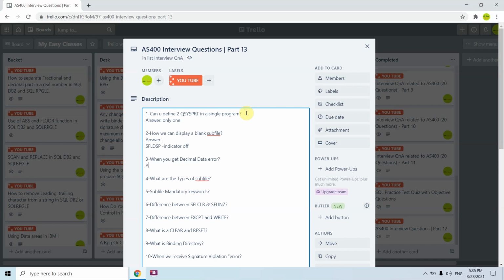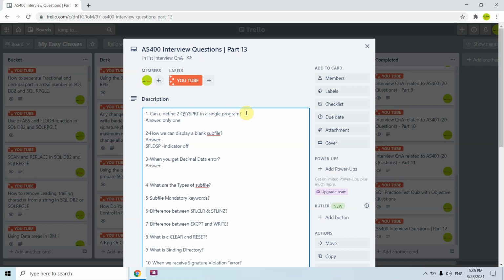When you get the data decimal error, that is basically bad data. For example, in a numeric field you are getting character data, which is bad data. Other situations are, for example, when your numeric field is not initialized.